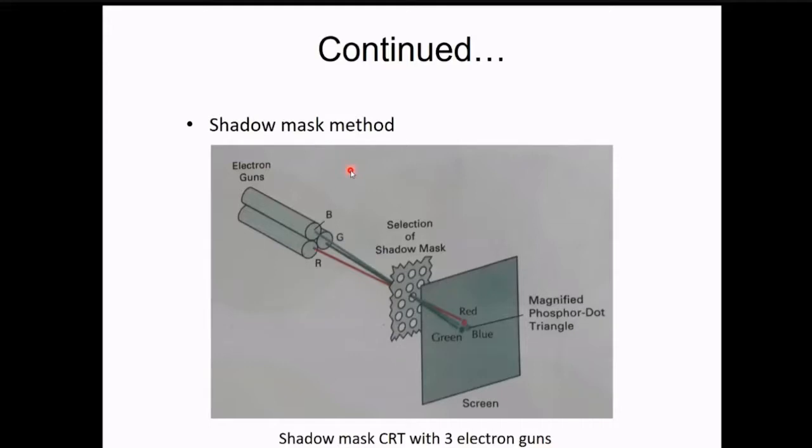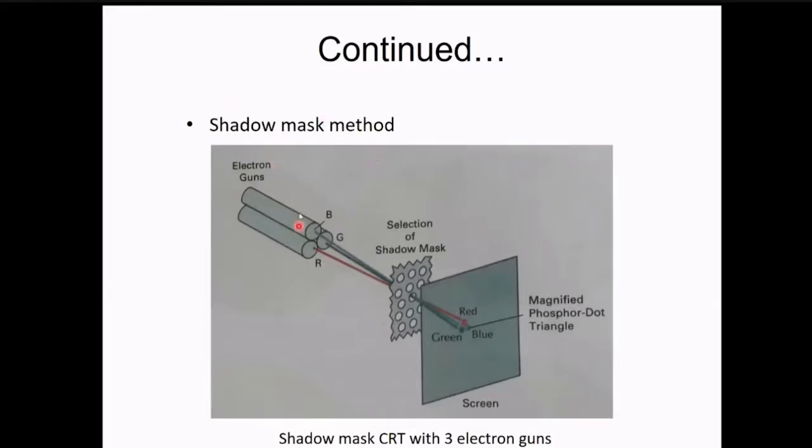For that purpose, we have the shadow mask technique. Earlier we didn't have a separate electron gun for each color, but now we have three separate electron guns that emit that particular color, that is RGB. We already know these three primary colors are necessary, because with primary colors we can make multiple colors out of them. The same fundamentals are used in the shadow masking technique.